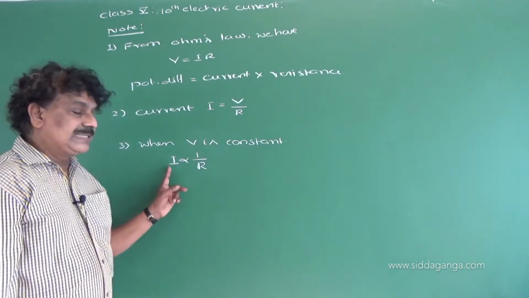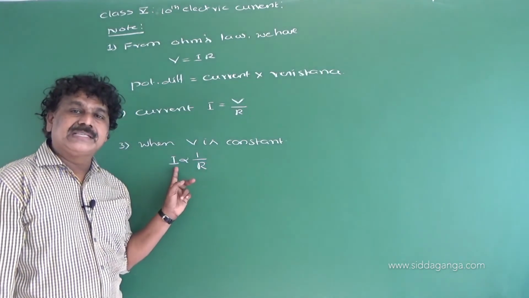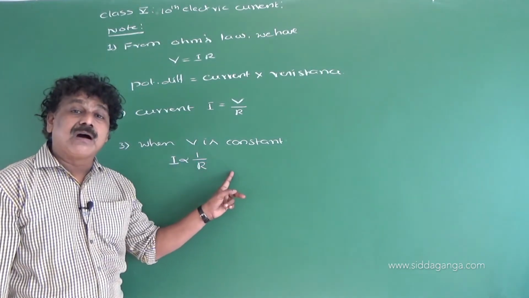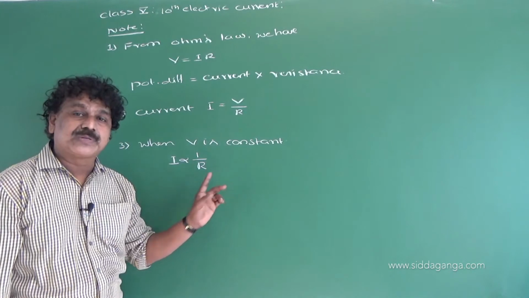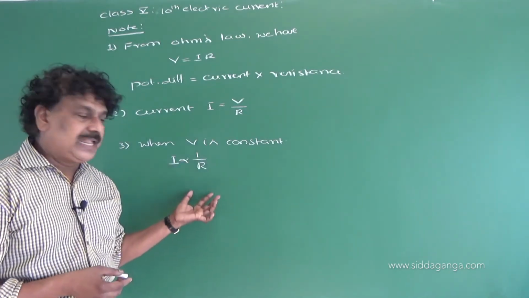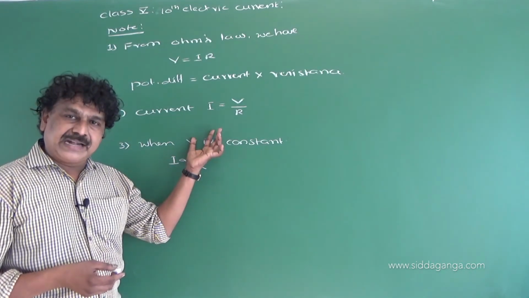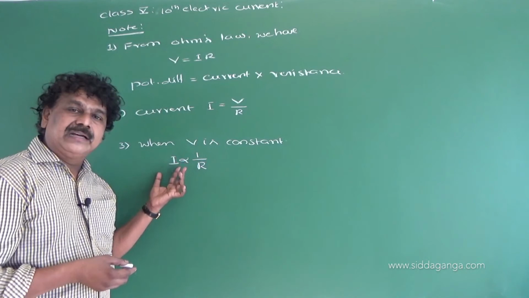So we say that I is proportional to 1 by R, or I is inversely proportional to R. Current is inversely proportional to resistance. That means when V is constant, if we go on increasing the resistance of the conductor, the current in the